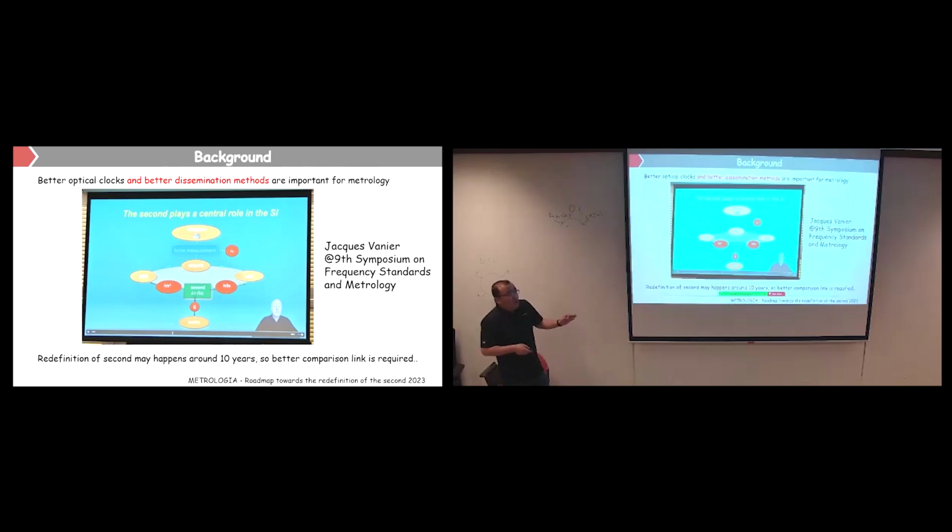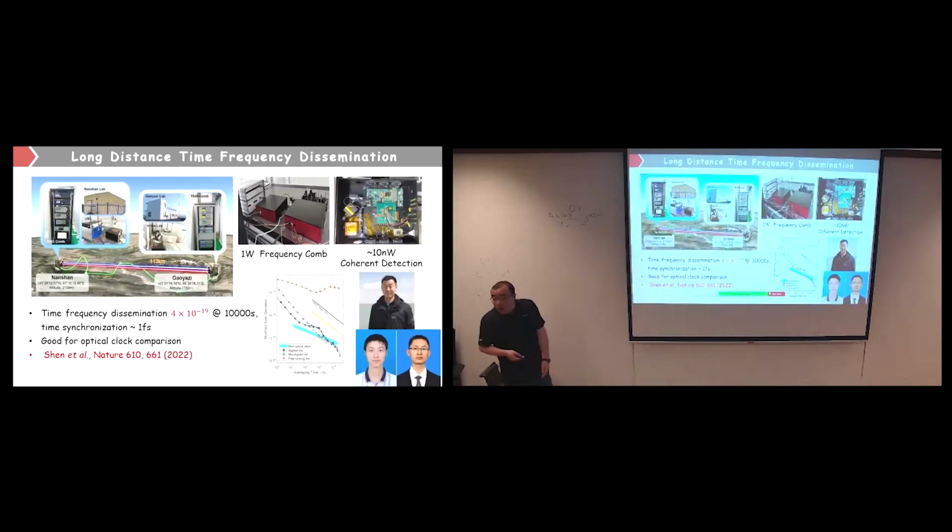I just mentioned in the fiber side, the PTB already did this one in 2012. They can do the fiber-based one. So inside the continent, you basically can use fiber to do the same. But how about intercontinental? For the cesium clock, we use GPS. But for free space, for the optical regime, you couldn't use that one. So that would be a problem. So that's what we are working on.